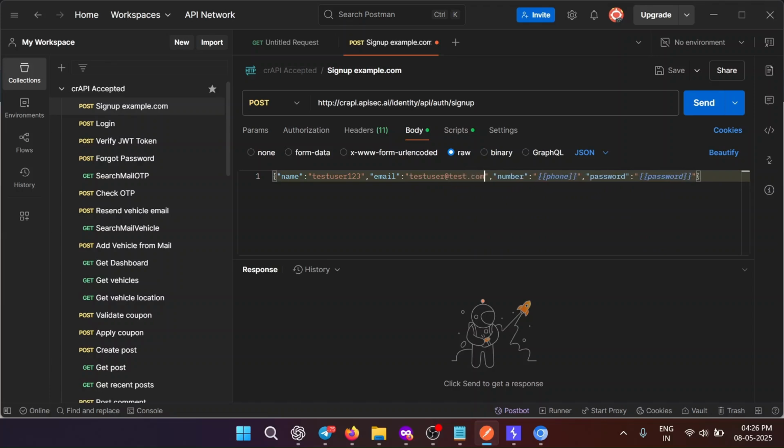And email ID I will specify testuser@test.com, and I'll specify a mobile number followed by a password. So test@123. So now if I click on send,